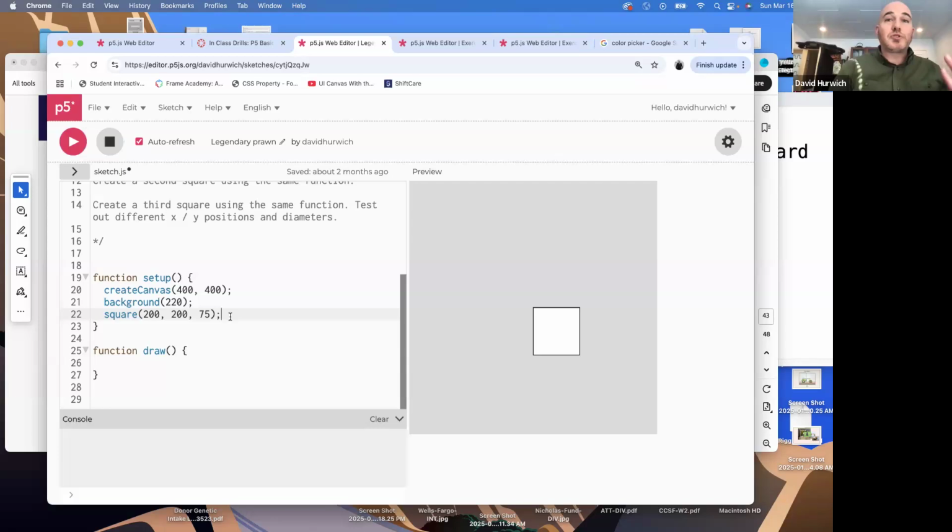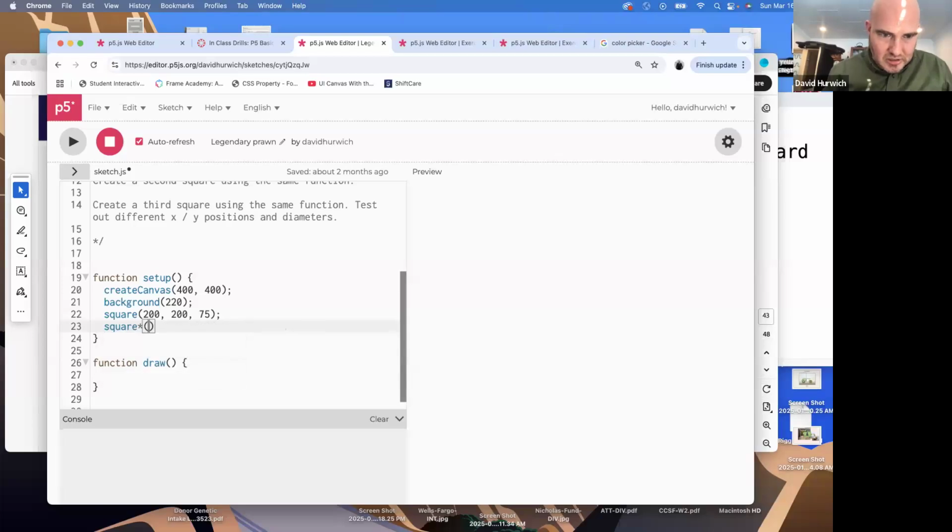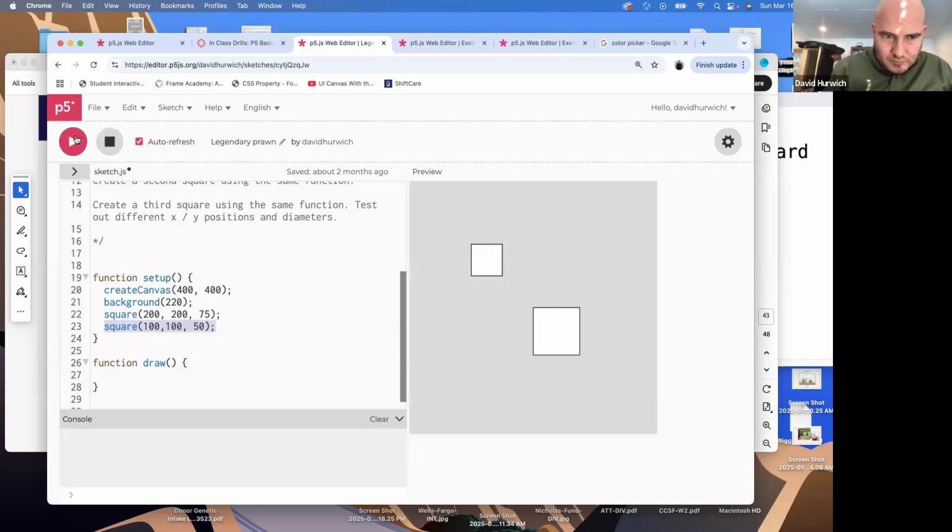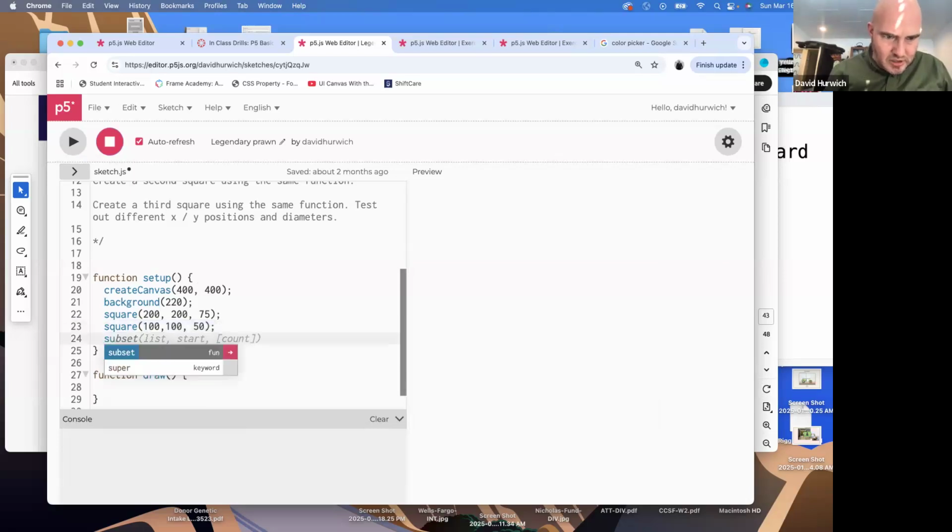Just like with the circle, I can run this function multiple times. So let's hit stop, square, 100, 150. This square is going to be built first because it's before it. Then this is going to be placed at 100x, 100y, which is about there, give or take. And it's going to be a little smaller than that one because it's a smaller diameter value. Okay. I'll make one more square. Let me place it kind of in between. Let's make it really large, like 100. And if I run this,